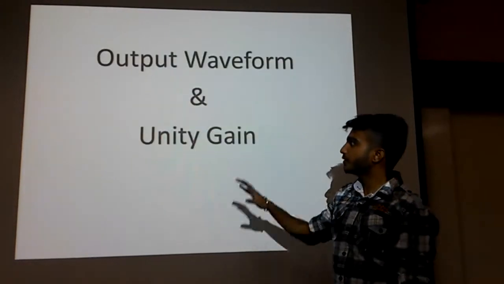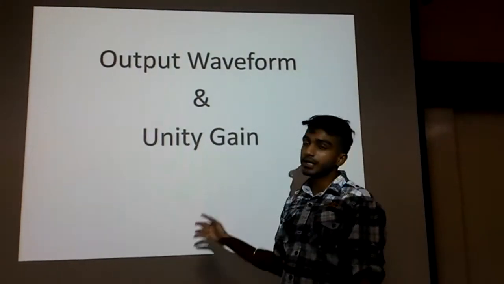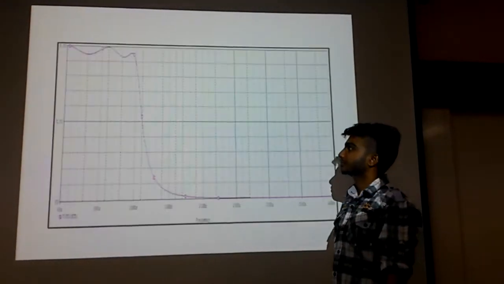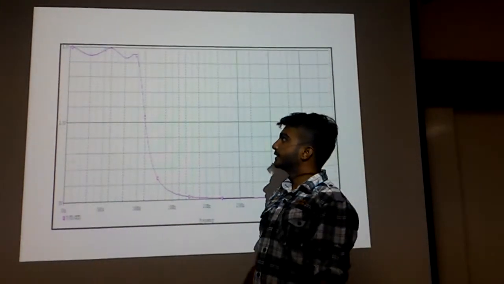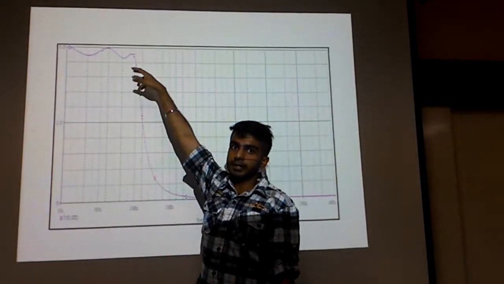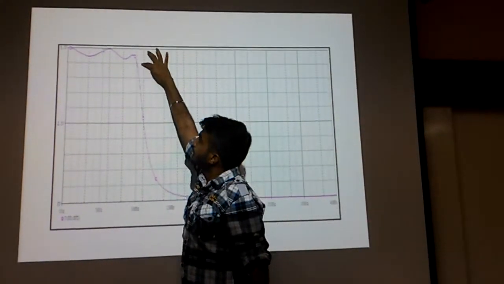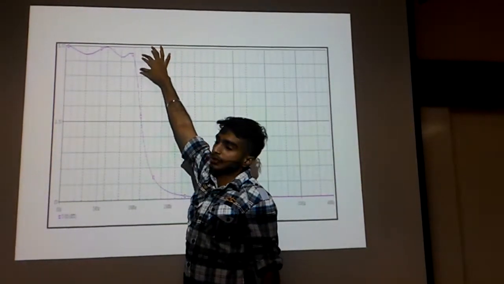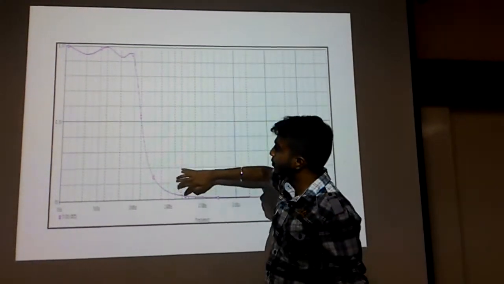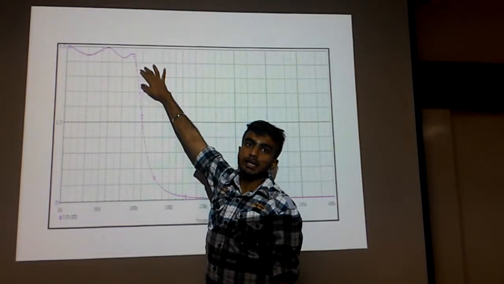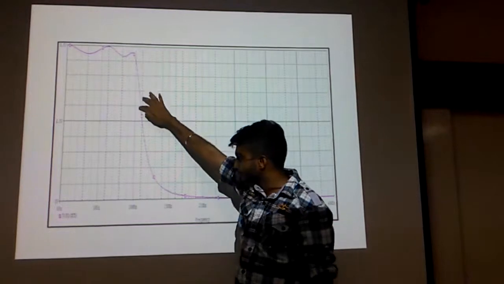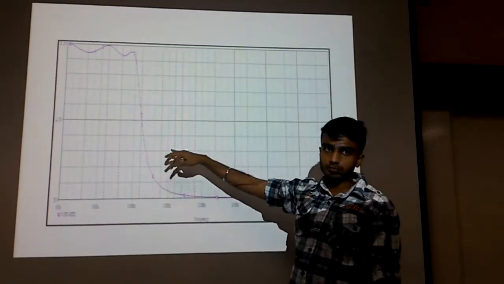Next. So when we do the simulation, we will get output waveform and unity gain. So now we are going to discuss the output waveform and the unity gain. Okay. Now what you can see is there's a ripple on top there. So basically, this ripple is passband ripple, whereby the passband ripple is from here to this part. So when it stops fluctuating and becomes a very smooth graph, this is called the A max or the cutoff frequency FC. So this is the cutoff frequency. As it goes down,